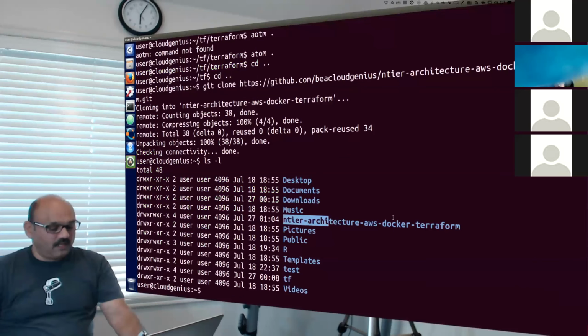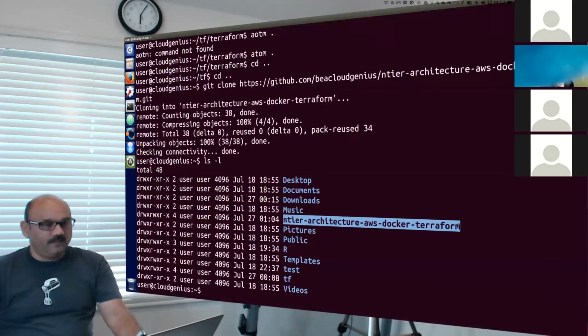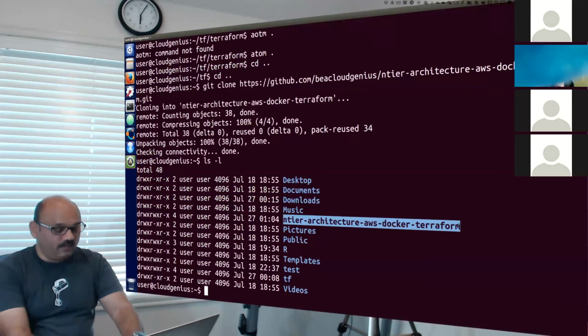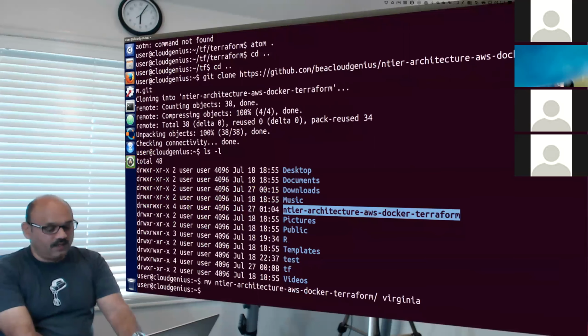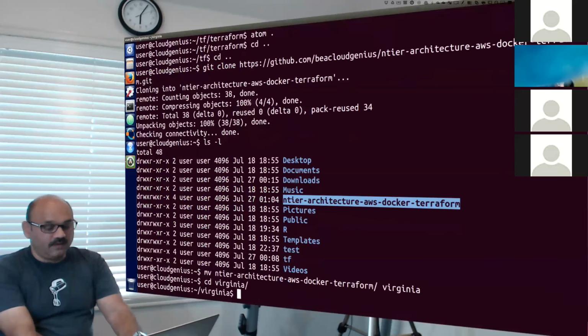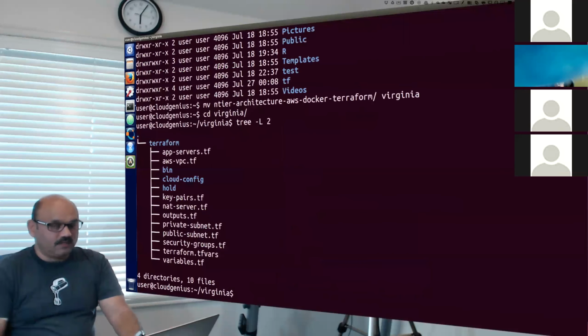I would name it something shorter. For example, I will call it Virginia, because that's where I would like to go. So short name, I'll go inside the folder Virginia, and here I have the same tree structure as you saw before, which is we have a folder called Terraform inside the Virginia folder.